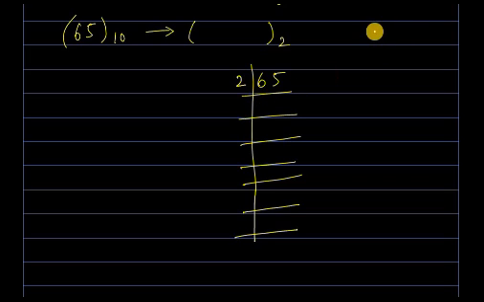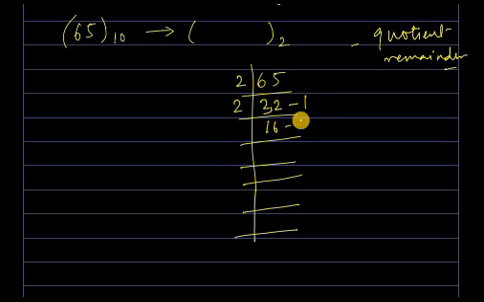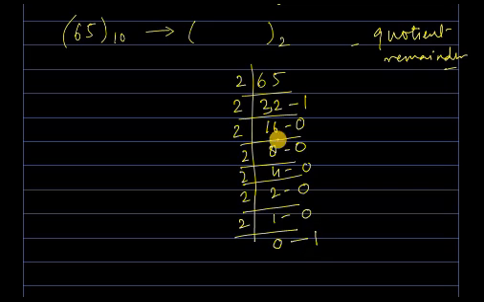I'm sure you know the meaning of quotient and remainder, right? So if I divide it by 2, it will go 32 times with a remainder 1. Again divided by 2, it will go 16 times with remainder 0. Again 8 times 0, 4 times 0, 2 times 0, 1 time 0. Divide again. This time the quotient will be 0 and the remainder 1. So you have to divide it until the number becomes 0.